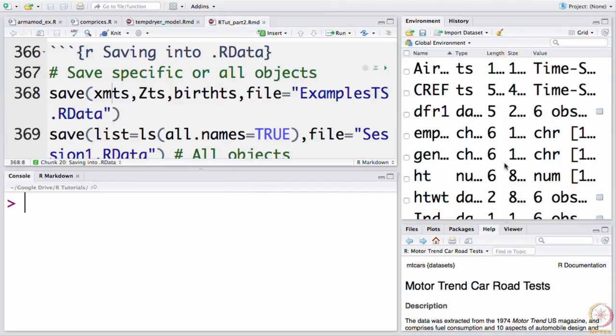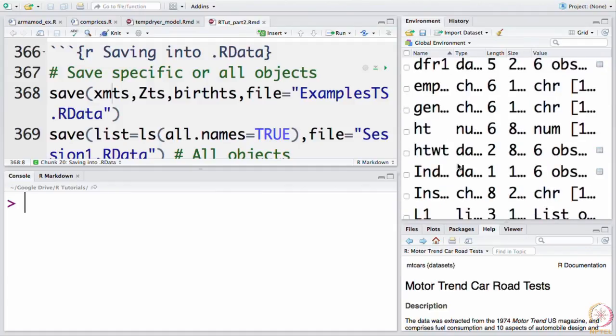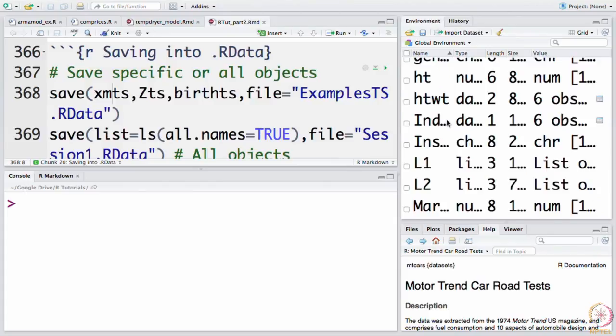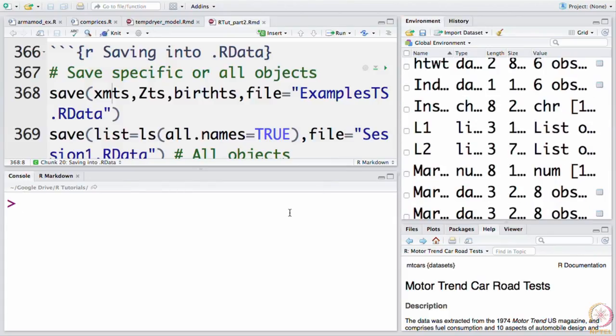First of all, let us make sure that we have all these variables in the workspace. In my case, I do not have the birth_ts as I can see here. In fact, how do you bring up the list of variables in the workspace? You can use ls.